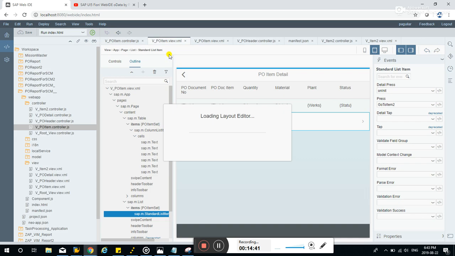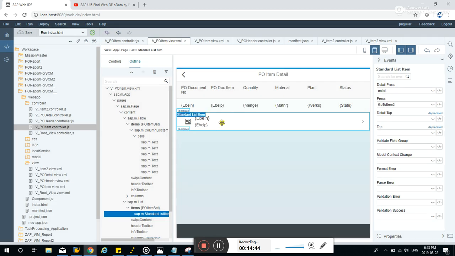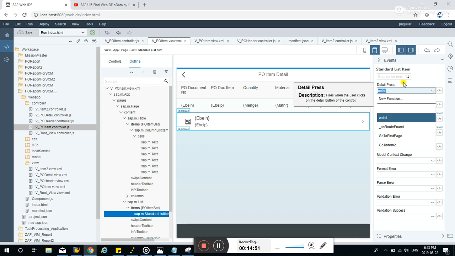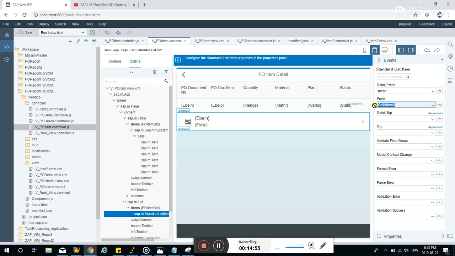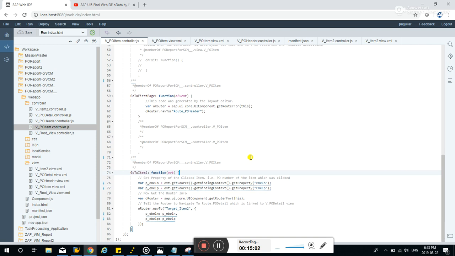Found the problem. So when I've created the event for this list, I've accidentally placed it over here, detail press, so that's wrong. So it should be in the press, not detail press. So I've recreated it. So over here, go to item. I added the, yeah, everything's the same. And if we hit save all, run,